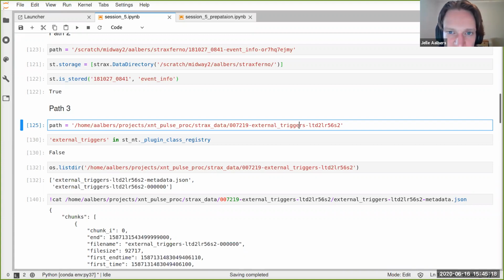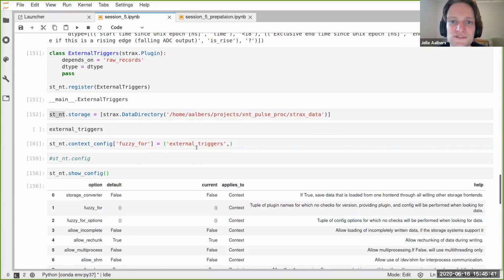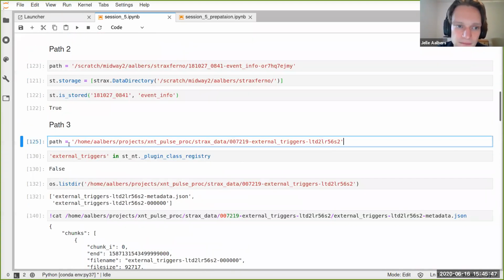So there is some component in Strax that knows how to load data. And there's another component, the front end, that takes care of finding data. So in this case, it won't find this data because we don't know how to ask for it. So that's what we did here. We messed around with Strax long enough that eventually Strax asked for this data, and then it did work. So going and getting the front end out of it won't help. But there's another part of Strax that knows how to load data without knowing how to find it.